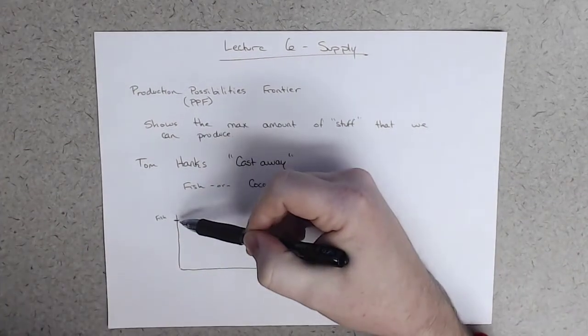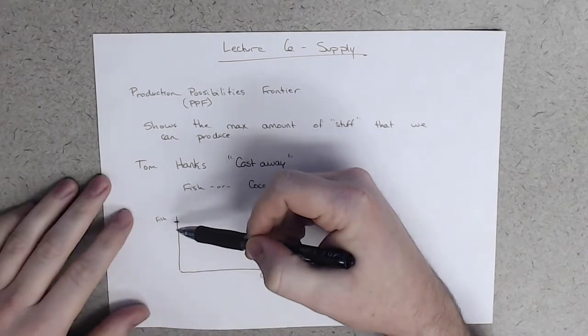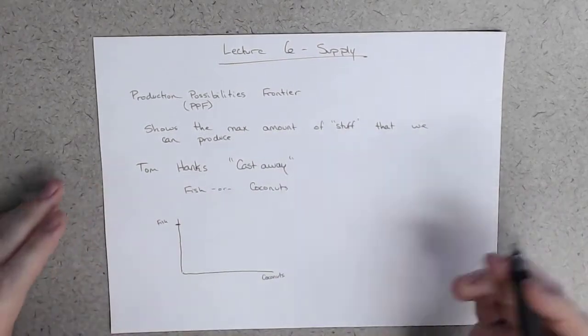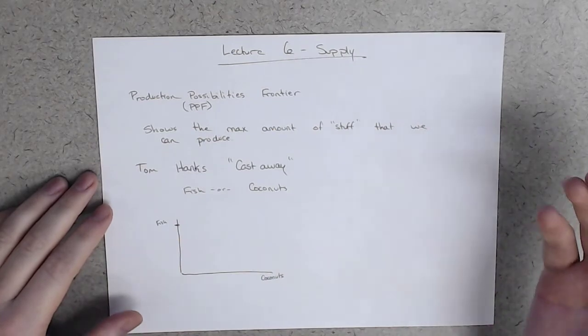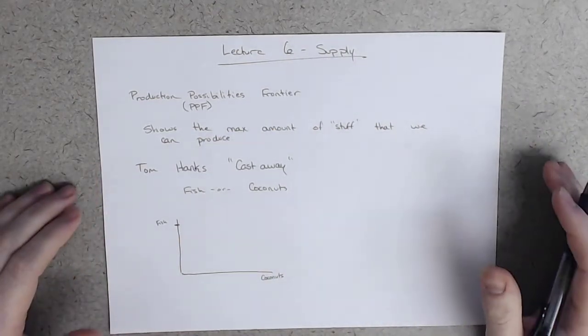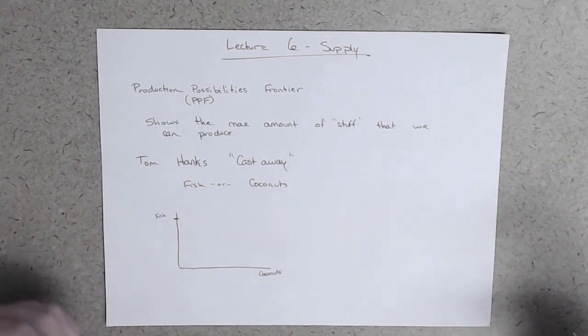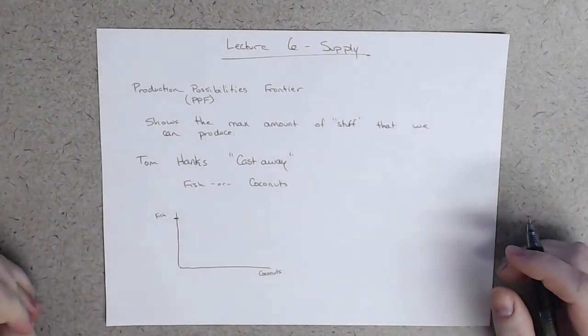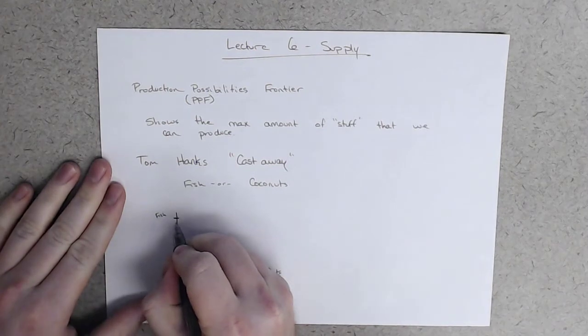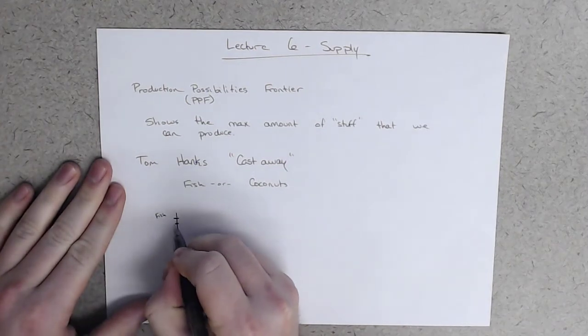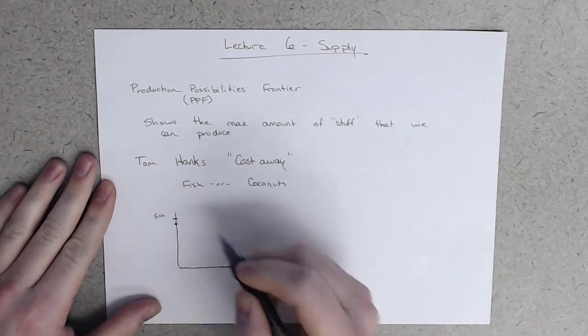If you were Tom Hanks producing all fish and no coconuts, you probably want to give up your least productive fishing spot first because you want to sacrifice as few fish as you possibly can. And so let's say you give up this many fish, so you go down this many fish,